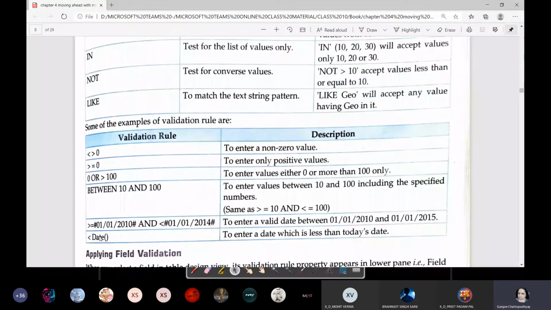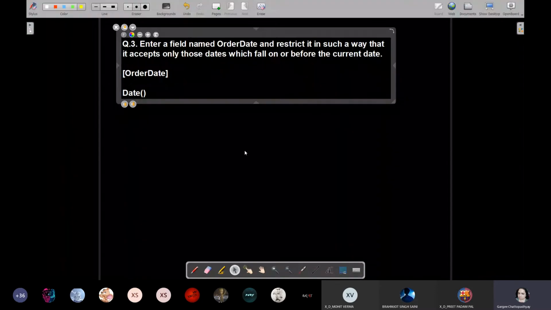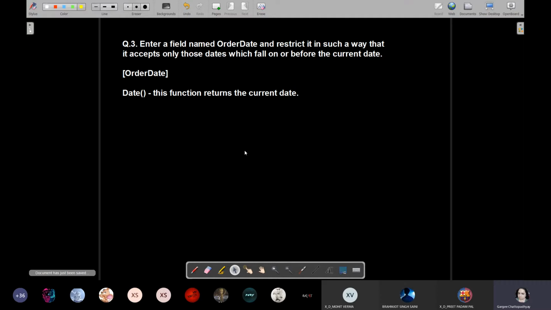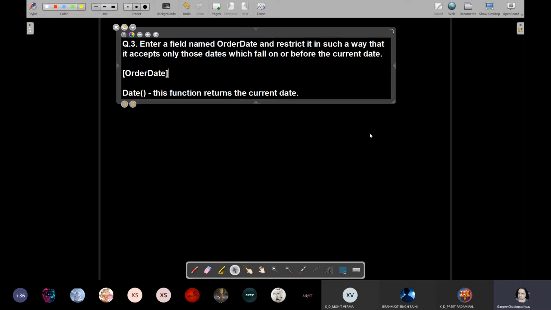We have a date function which gives you the current date. This function returns the current date. Whatever system date is fixed, it will extract the date from your system and return the current date. Now order date should fall on the current date or before current date. So what will I write?